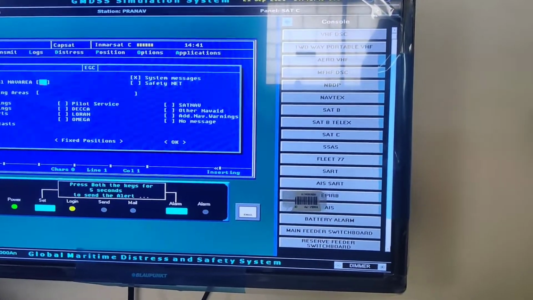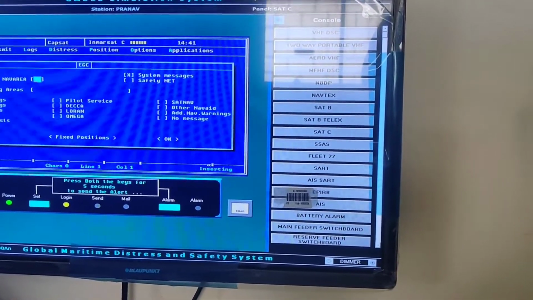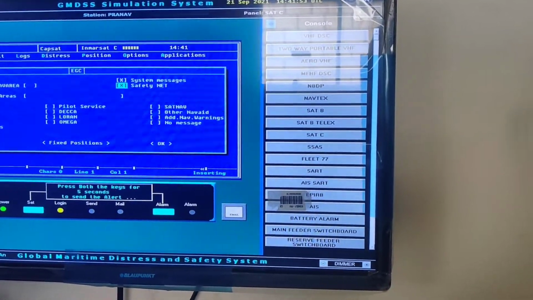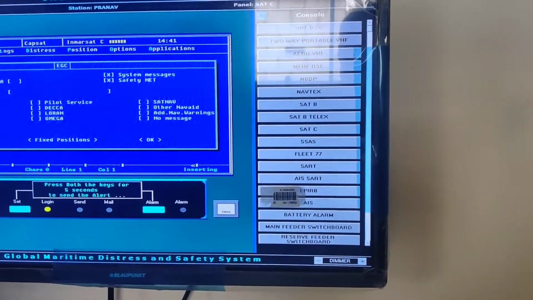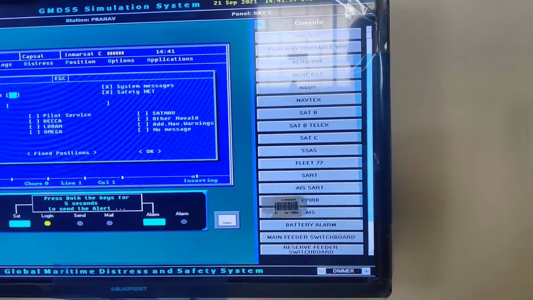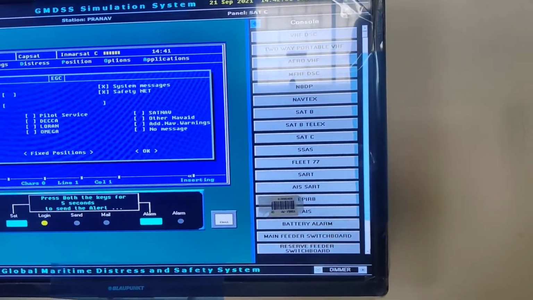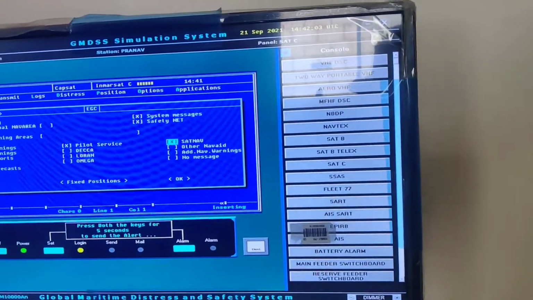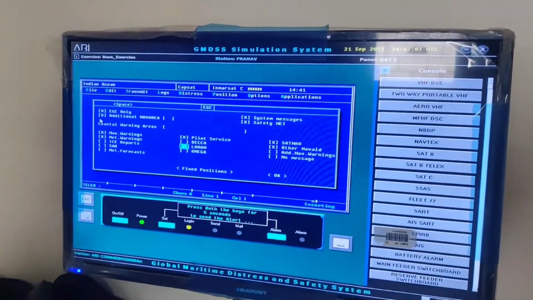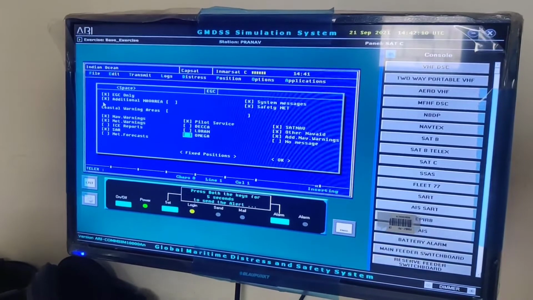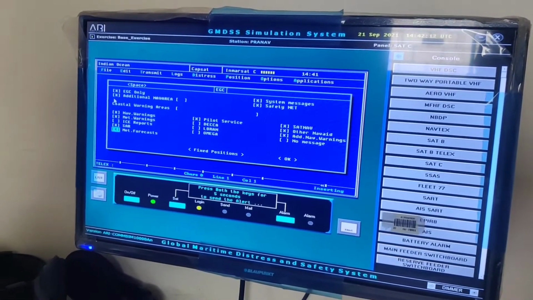Additional lab areas, okay, no issue. Go to safety net, yes. Postal warnings, then NAM warnings, pilot service, sat nav, met warnings, TECA no, other fluid yes, ice report no, Lauren no, additional lab warnings, SAR yes, Omega no, no message no, met forecast yes.